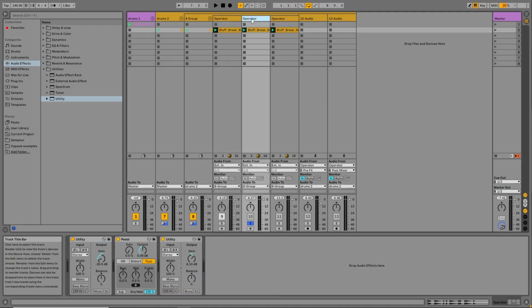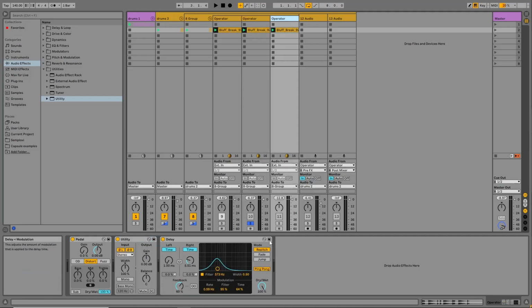The second one, I'm pushing it into the pedal, but the difference is it's set to fuzz rather than distort, and I messed around with my pre-gain to give it a different tone as well. The third one is a filter version of the first one, and the delay here is offsetting it. When you play the three together,